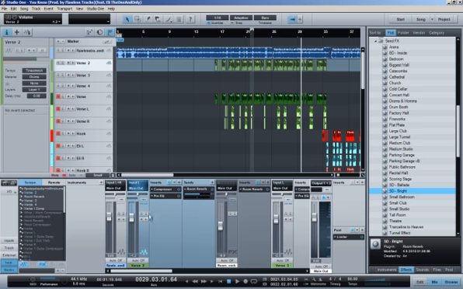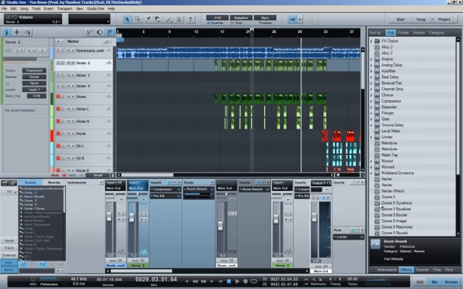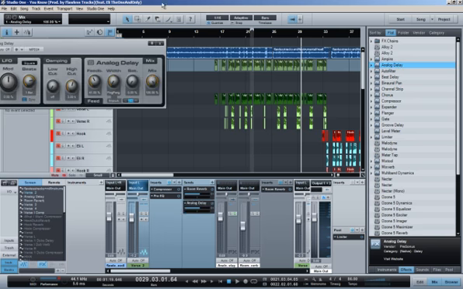So then my usual chain, I'll do a room reverb and then throw an analog delay, crank that up to 100, or you can leave it at 50. You can do whatever, honestly, for the delay too, as long as it makes sense, and then just bring it down to